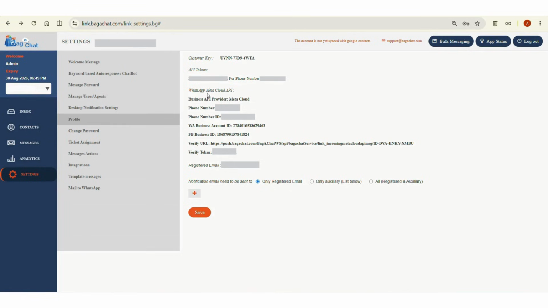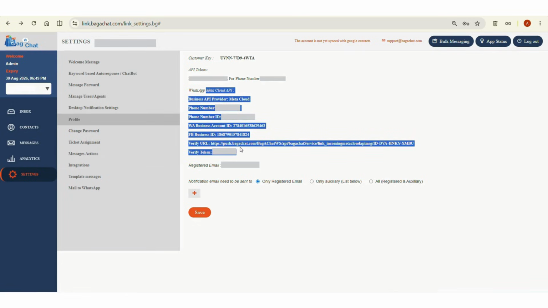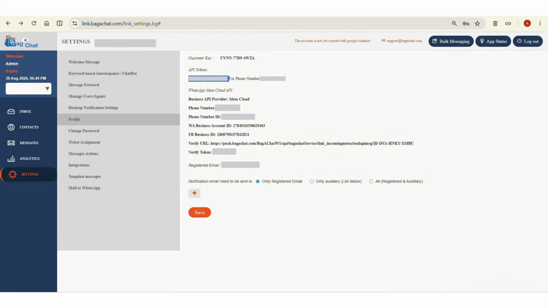Now, since this account is a verified account, I'm able to see the Meta Cloud API details. If you do not have a verified account, you will be able to see only the token and the phone number along with the customer key. Now, to begin with the integration, I'll have to copy the API token from BagAchat and move to